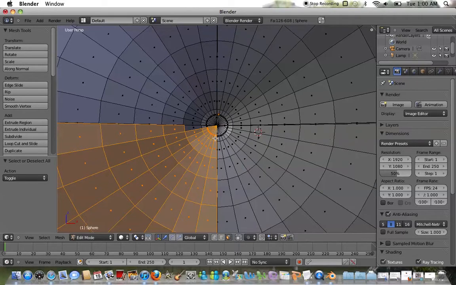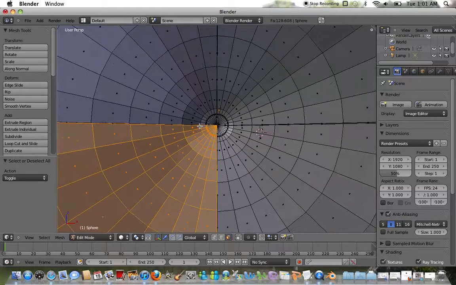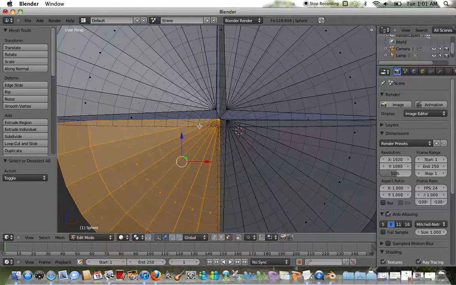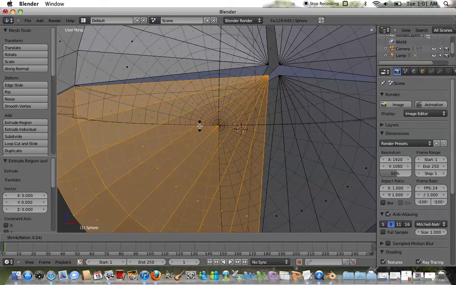Because I'm using the border selection, it's not as effective as point and click on each individual face. But go ahead, E key, enter, Alt S, 0.04,